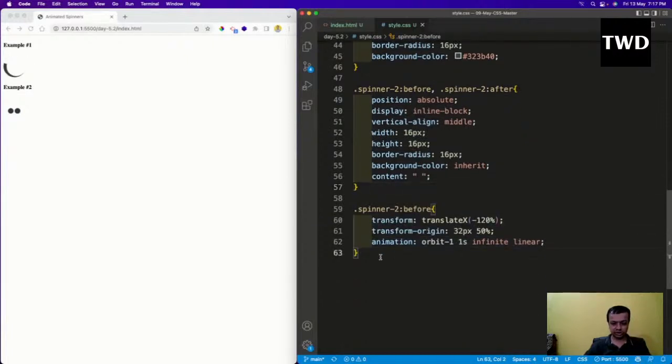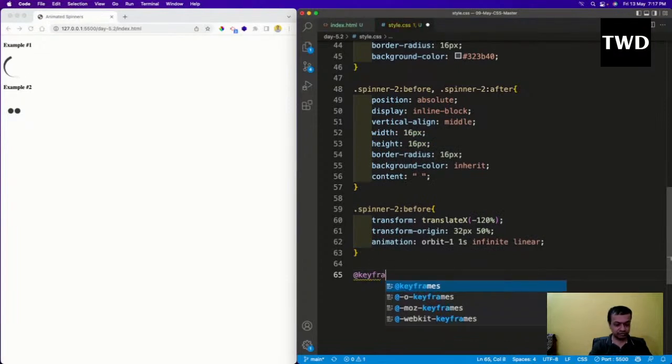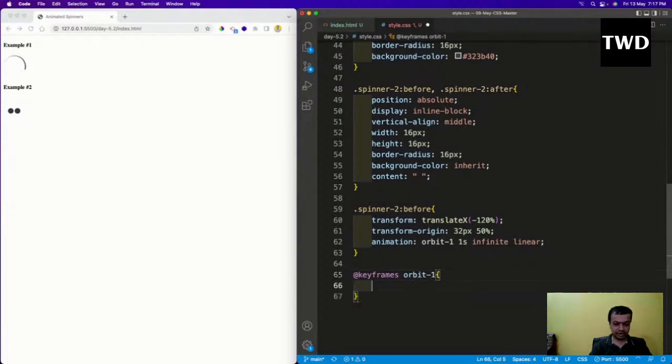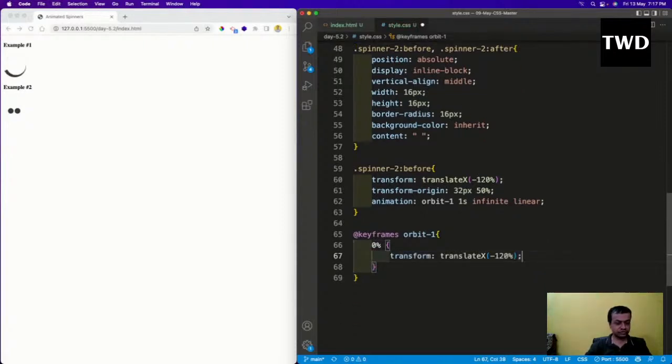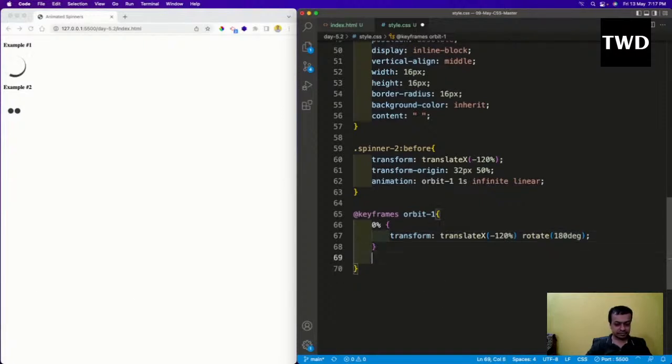So we'll do the animation now. So add keyframes orbit 1 and 0%, and transform translate y is this, and rotate is 180 degrees, and 30%, transform translate is, and rotate is 0 degree, and